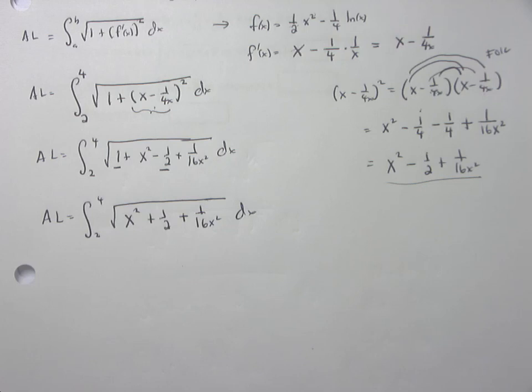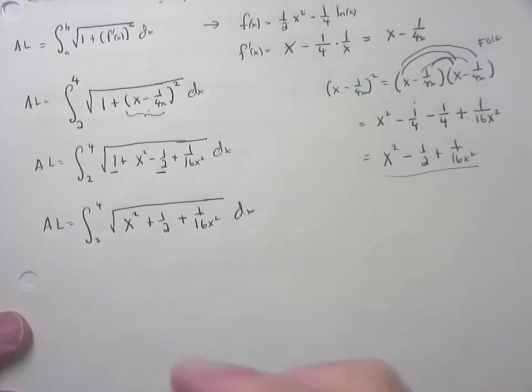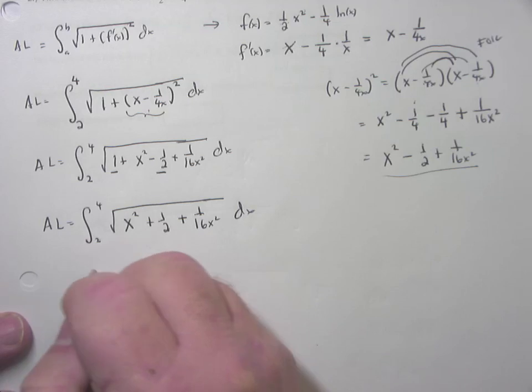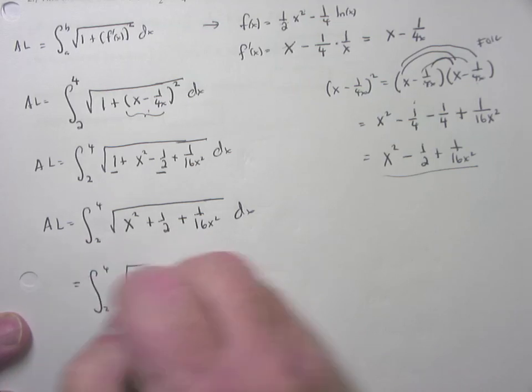Your problem with integrating this with the arc length formula is that big old square root. That's part of the formula: the square root of 1 plus the derivative squared. So you've got to clean up that square root. Watch what happens. This thing actually factors perfectly. Let me show you. This will be equal to the integral from 2 to 4 of the square root of,